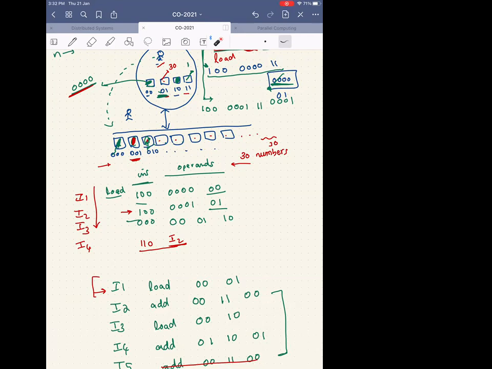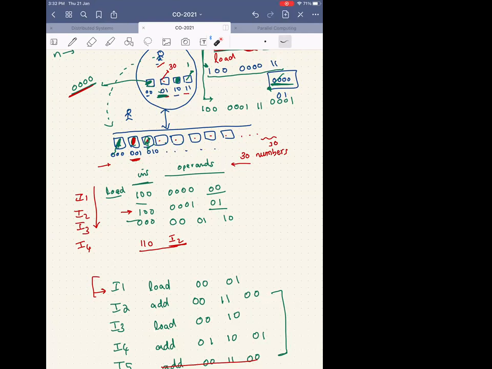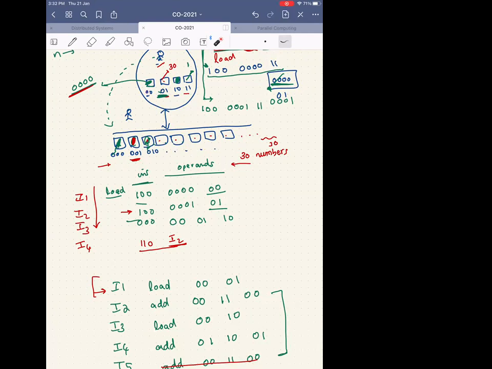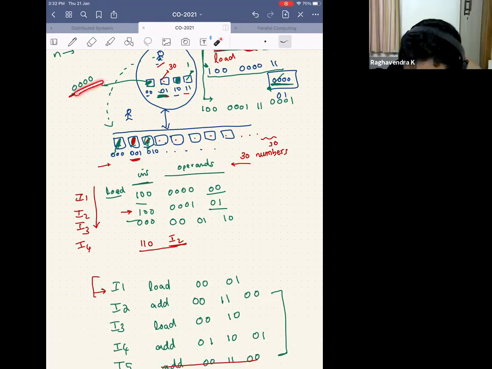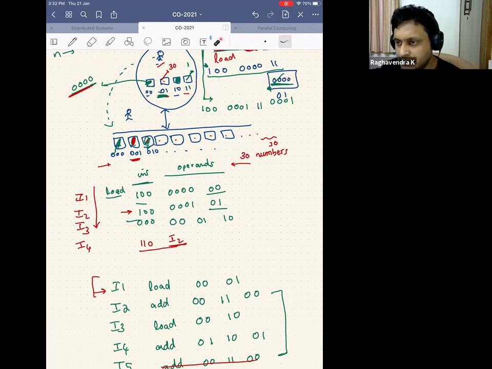I don't know whether you understood or you're just saying okay. Yeah, I got it, sir. So the question is not about whether I increment. You could have done it that way. Somebody is saying that instead of incrementing the address from 0, 0, 0, 1, 0, 2, 0, 3 like this in this box, he will go on keeping only 0, 0 in this box, and he will just keep incrementing this box from 1, 2, 3, 4, 5, 6, 7 up till 30, which is the same way, right?